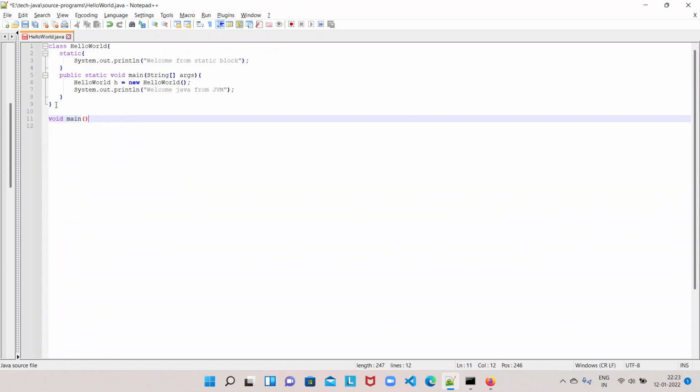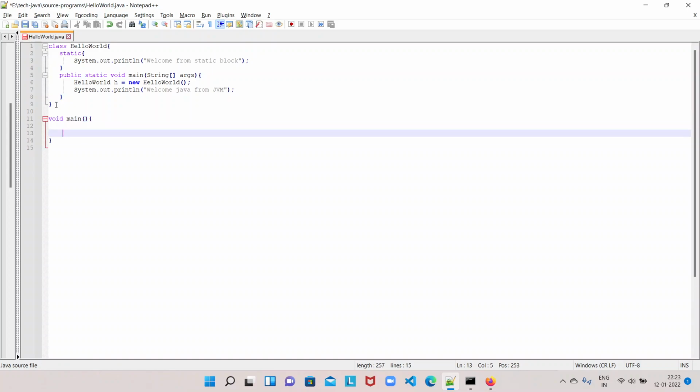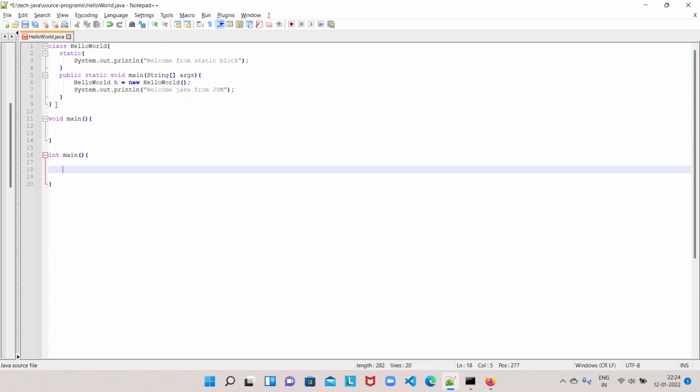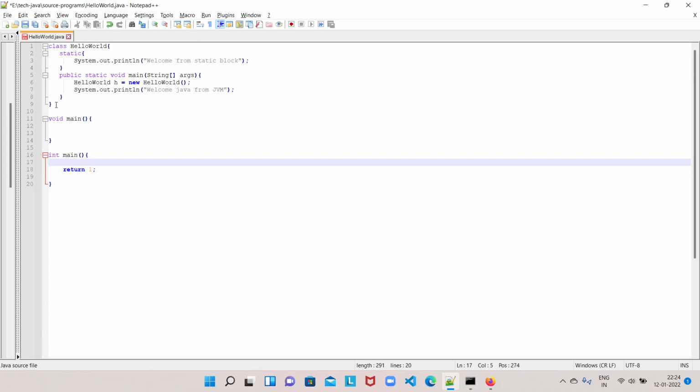Here in C and C++, we generally write void main or int main, and it returns some value, right? In C and C++, programs run as a process of an operating system, and the program which you invoke may invoke other processes.